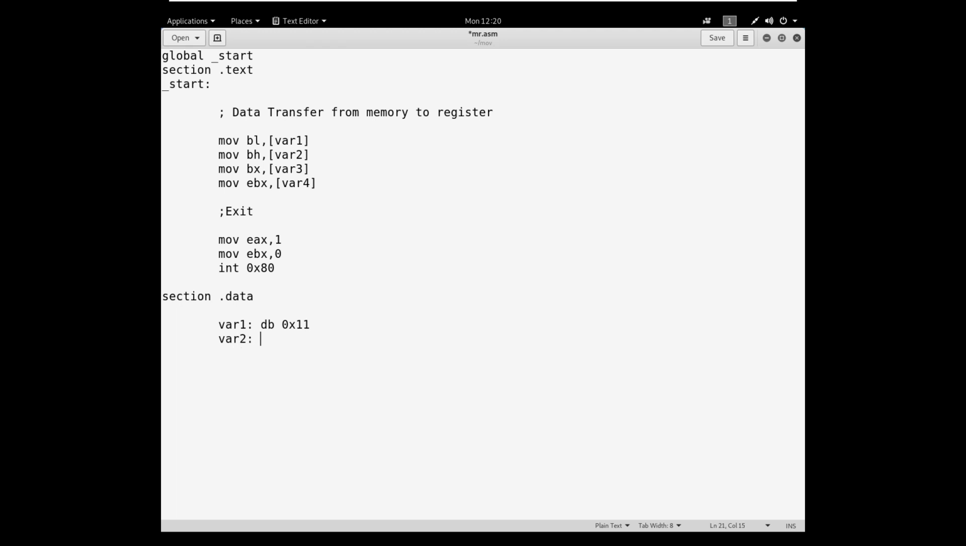var2 is also containing 8 bits, var3 containing 16 bits, var4 containing 32 bits. The code is completed. Now in this program we want to transfer the value stored in variable 1 into register